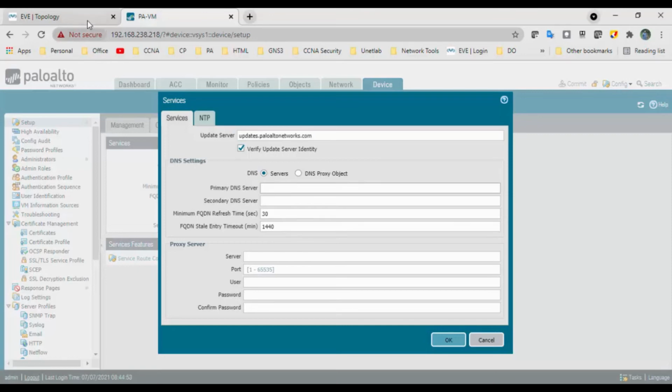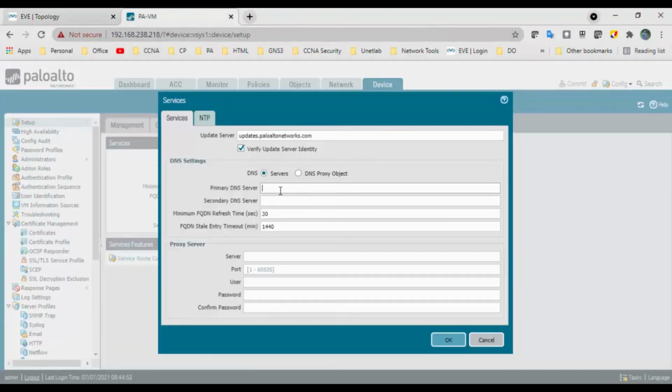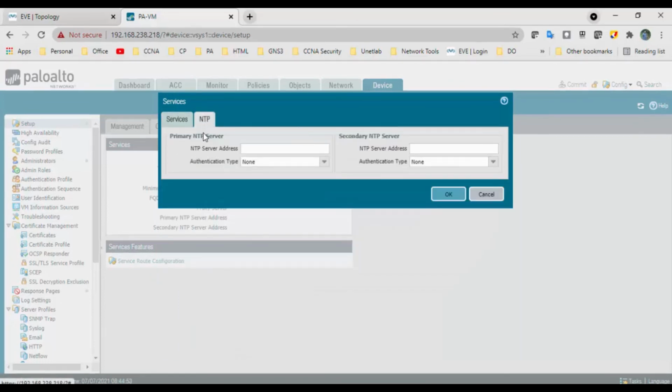In my case, I have a DNS server at 192.168.3.10, so I will mention that IP address, and for the secondary DNS I will mention something like 8.8.8.8 or 112.111.